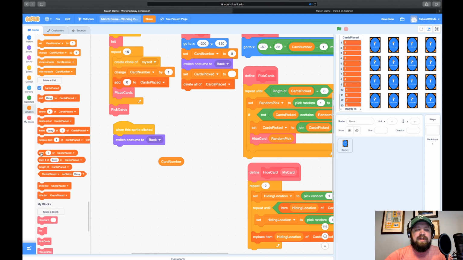Item 1 of card placed is what it has right here, and we're going to drag card number into there. So when we click on this, we know which card number we are. Then we go into our list and find what that number is, and then we switch the costume. Let's drag that in there. Remember, this is kind of like a function. We're giving it an input and it's giving us an output. So we're saying take 1, let's look inside here and tell me what is inside that list at that spot.